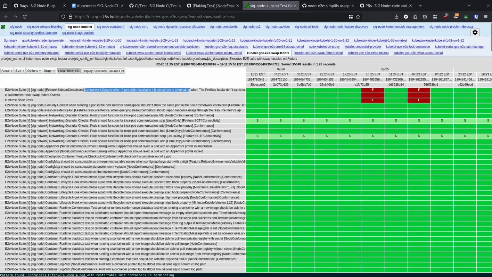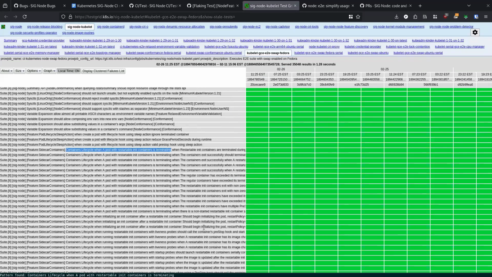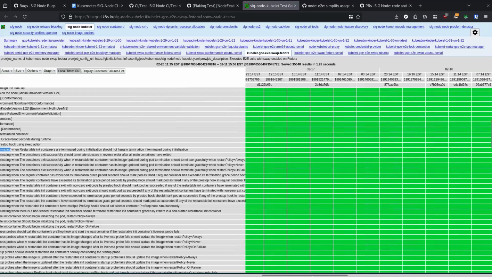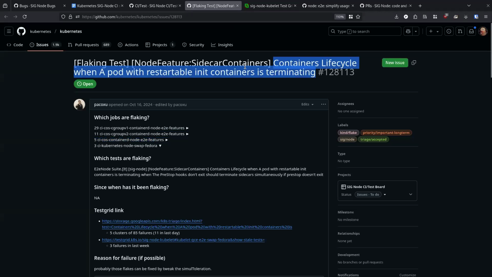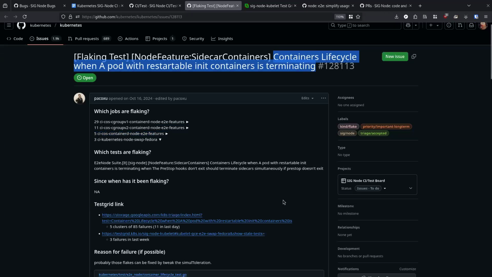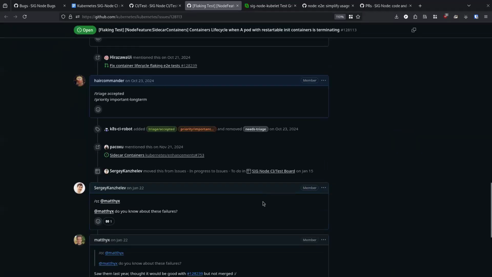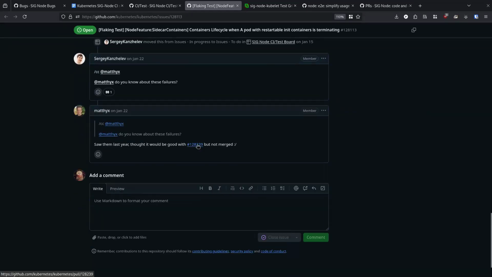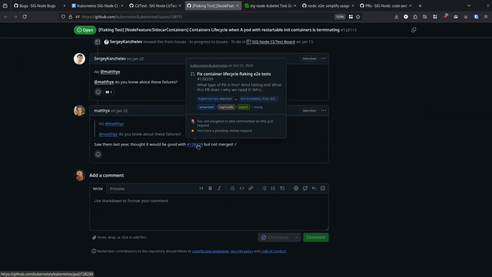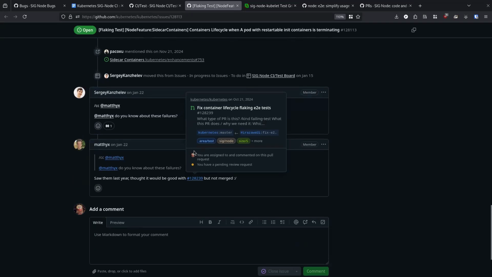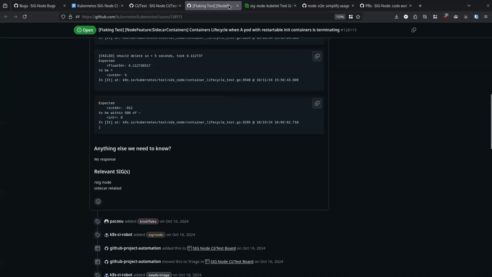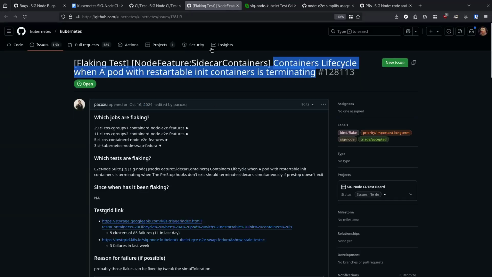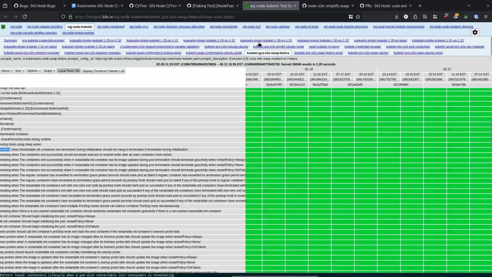Well, yeah, but that's a different one. Okay, that's good. Is there anything fixed here? Oh, but this is with sidecars, so actually we want a node feature.